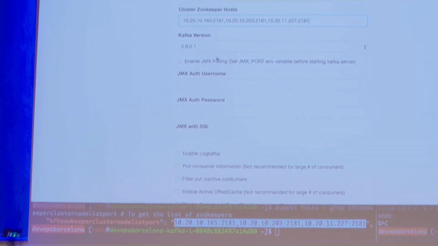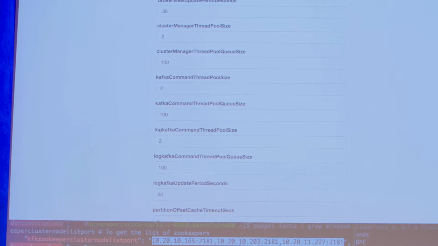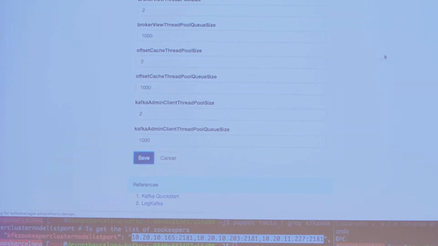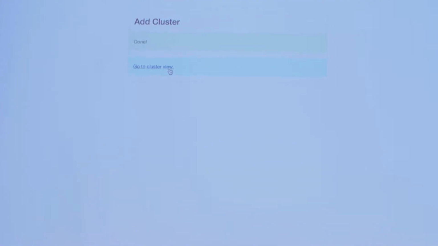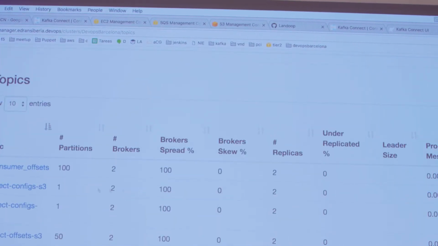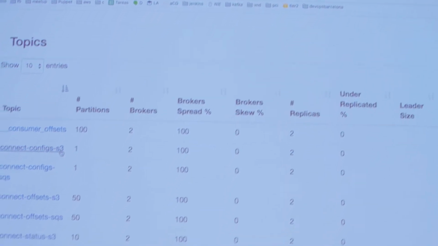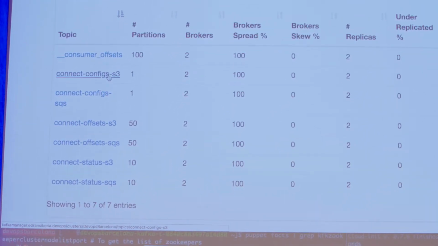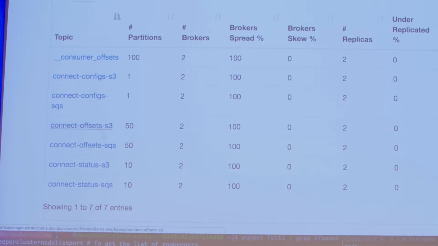Now I'm going to enable some extra configuration that I need and save. So now we have configured a Kafka cluster where it says that we have 7 topics. The ones that I created previously are the configuration topics for my Kafka Connect. So this is going to be for S3, this is going to be for SQS, and